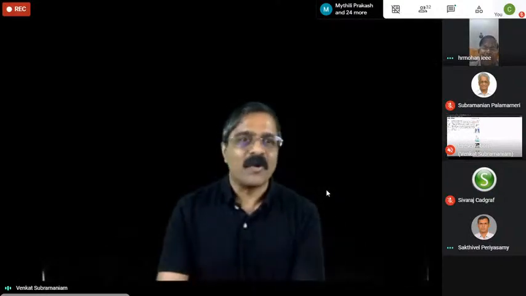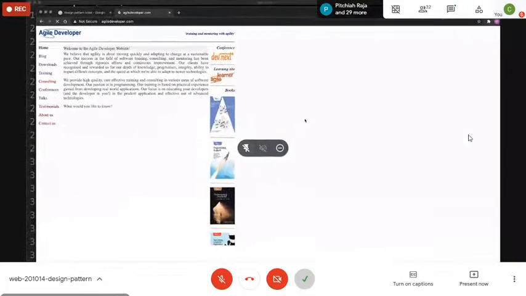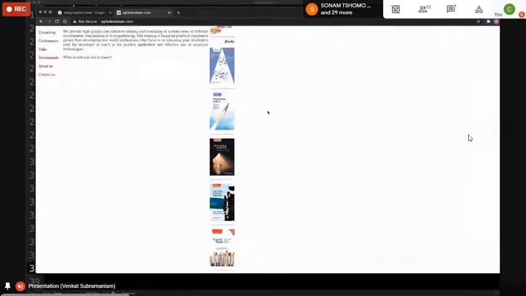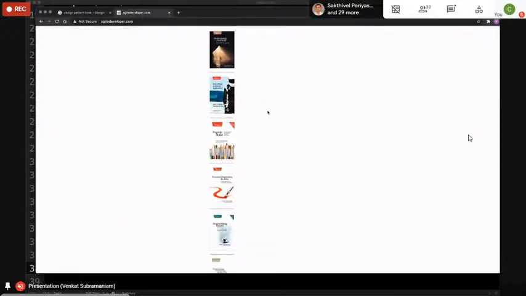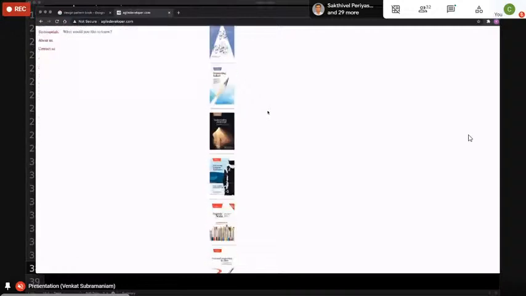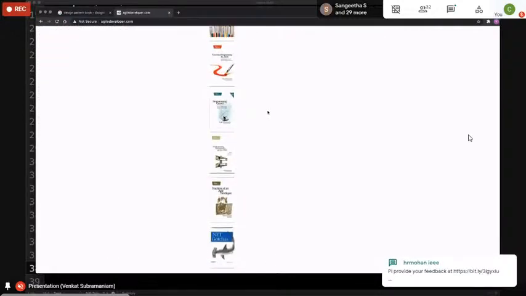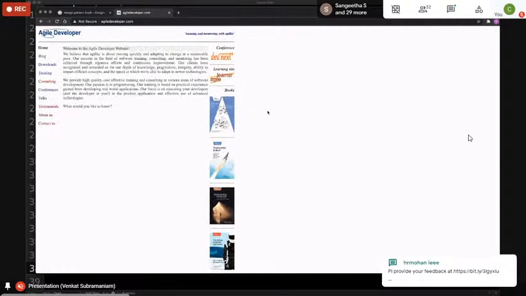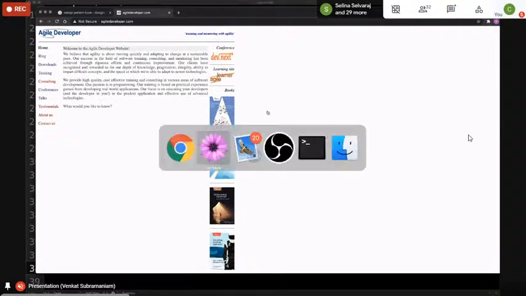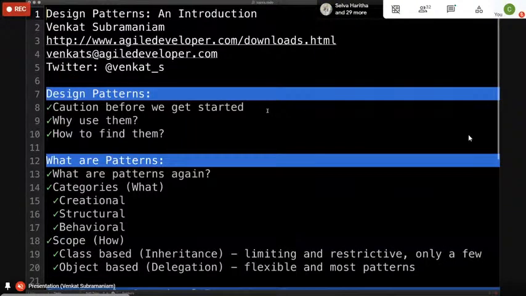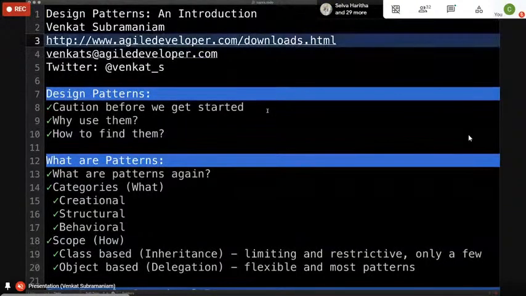I don't know if you're able to see my screen still, but on my screen, yes, I have the list of books. My most recent book was on Kotlin DSL. Before that, I wrote a book on Kotlin, a book on rediscovering JavaScript, one on test driving JavaScript applications, and so on. I think I've written about 12 books so far, if I'm not mistaken. If you're curious about it, go to agiledeveloper.com. That's my website, and you should be able to see the list of books over there. Or just Google for my name, and you'll find my link.